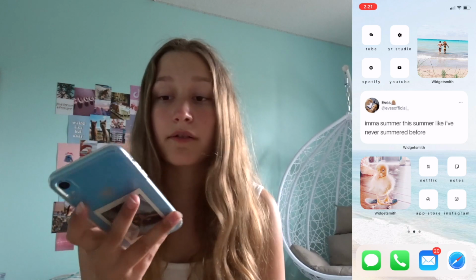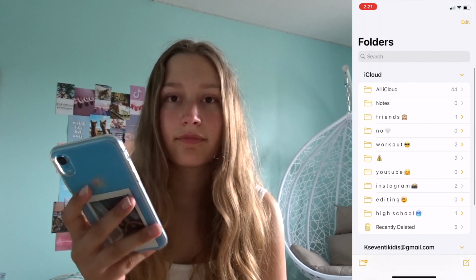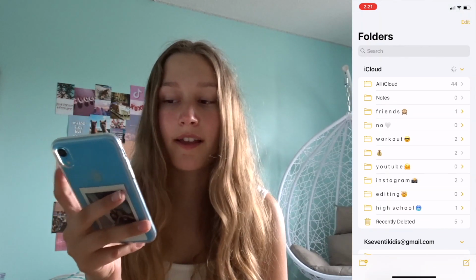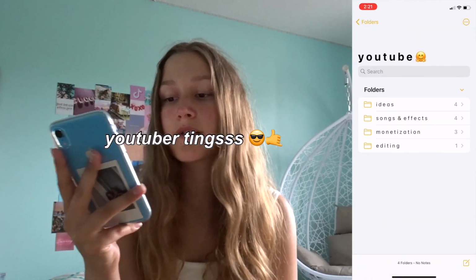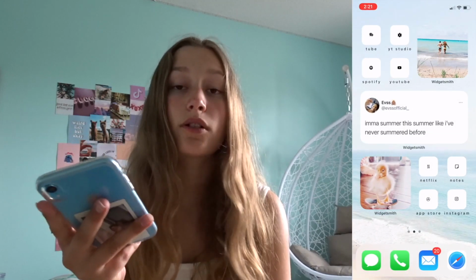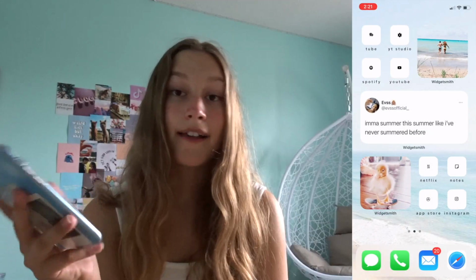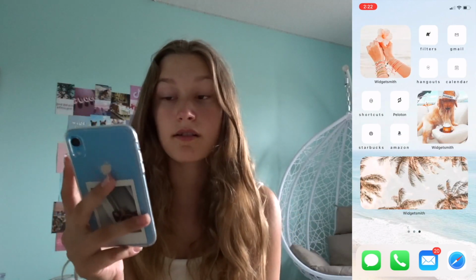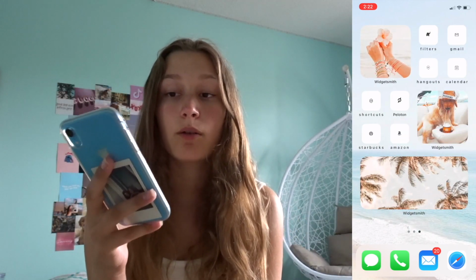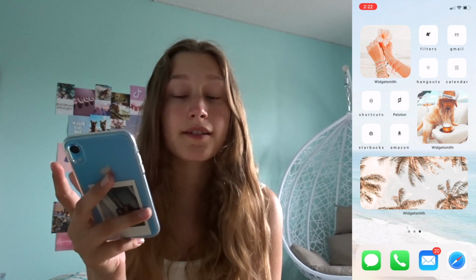Netflix, Notes. My notes are pretty organized, like the one place I'm actually organized. I normally organize YouTube videos, like songs and editing and stuff like that there. App Store, everyone has App Store if you have an Apple phone. Instagram. Then on the next slide, I have a widget of a girl with bracelets on her arms